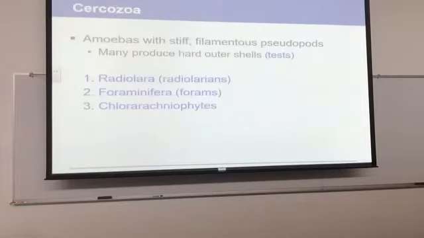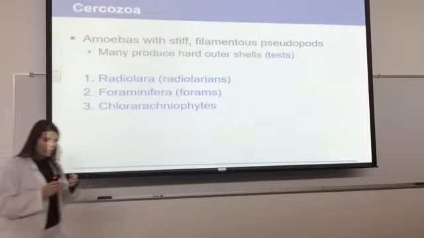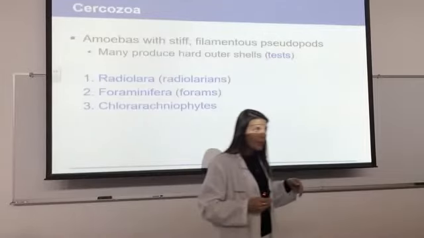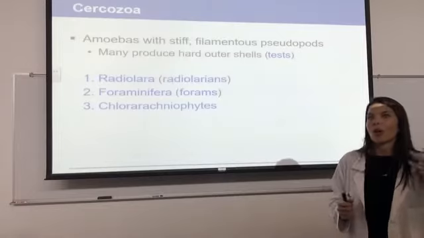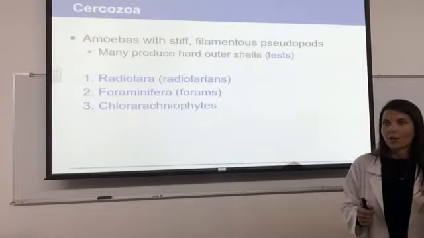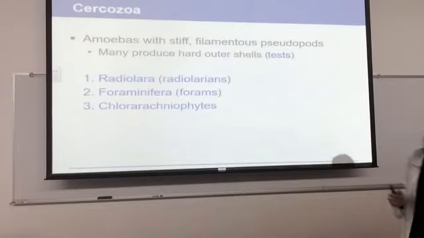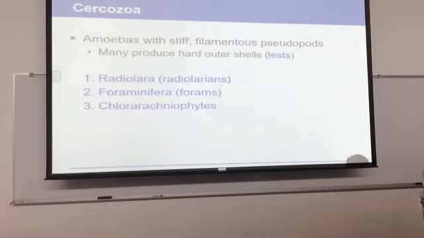Okay, then next grouping, Cercozoa. Cercozoa are a type of amoeba. So we have a whole other grouping called amoebas, and I want to make sure we distinguish these. These amoebas have a shell or test, so they're stiff when we talk about Cercozoa. If they fall into this Cercozoa category, they're a form of amoeba, but they're a stiff amoeba, whereas regular amoebas are really slimy and nasty, but we'll get to them next. So Cercozoa are amoebas that have a shell or a test.